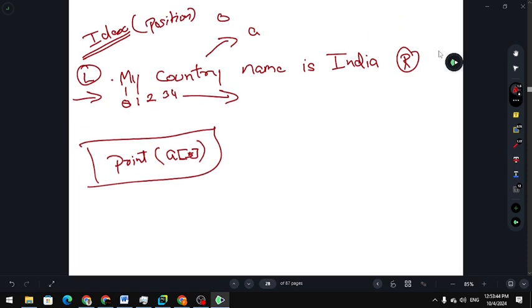Let's say, what if we want to print this capital I with the help of slicing? And yes, this is slicing.